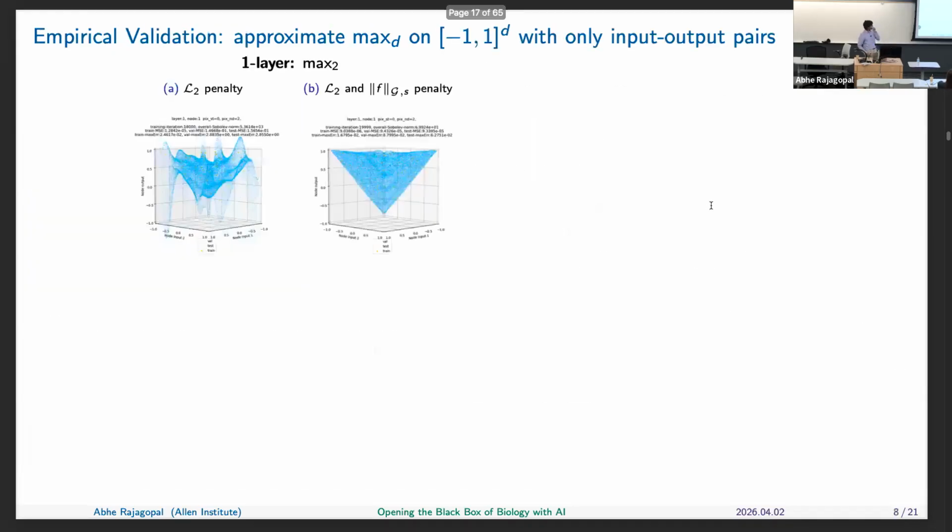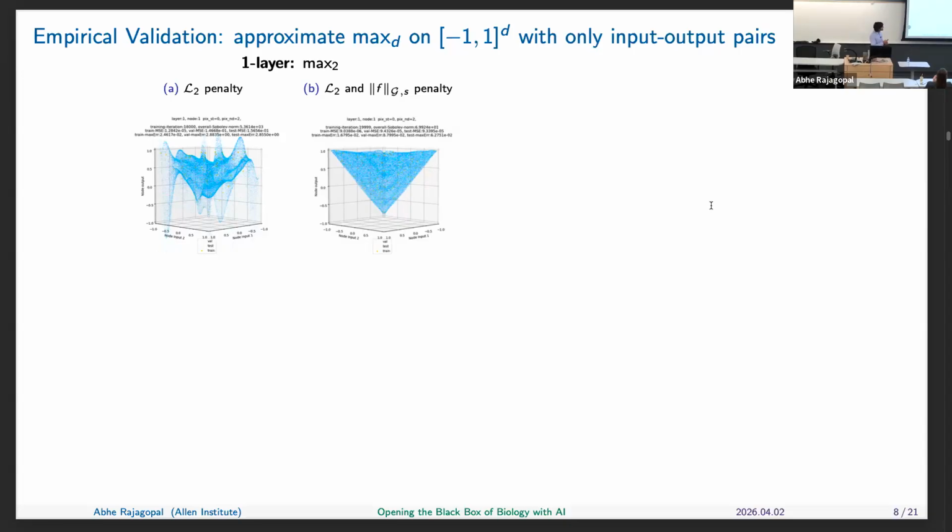So I want to give you a really simple example, something you can visualize, with that same function max d, which is max in d dimensions. So let's say in 2 dimensions, if I train just with an MSE error, which is mean square error as the loss function, and you give it a limited amount of data, and you visualize and plot for many other input-output pairs what the value is, you find that the function that a neural network will learn, if you let it be free, can be quite rough. You need enough data to get it smooth.